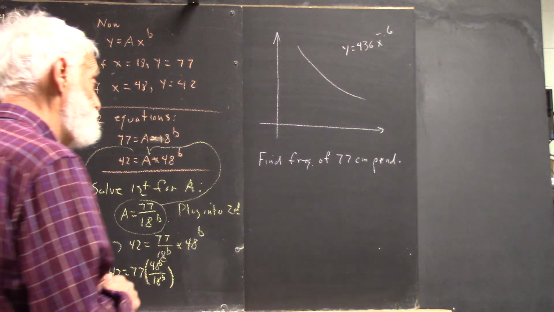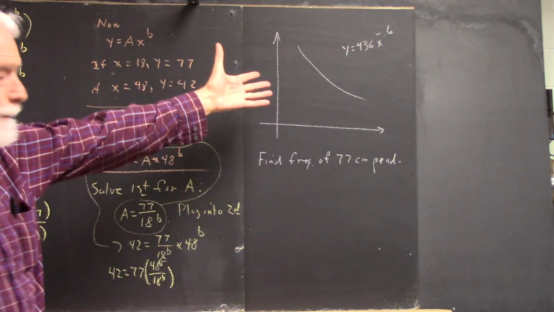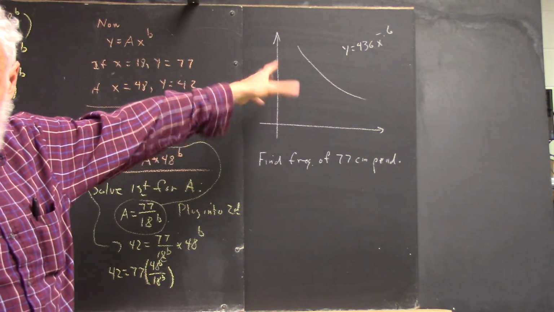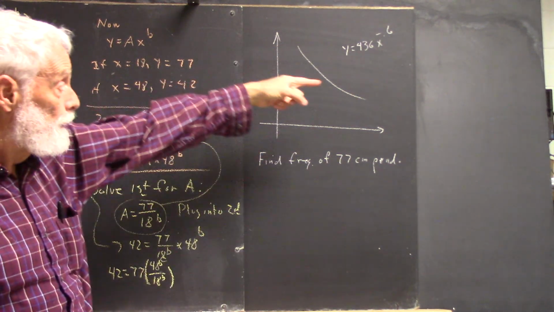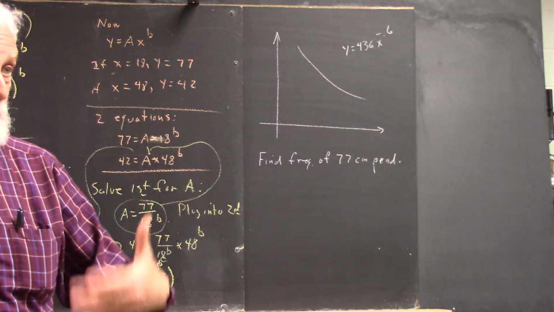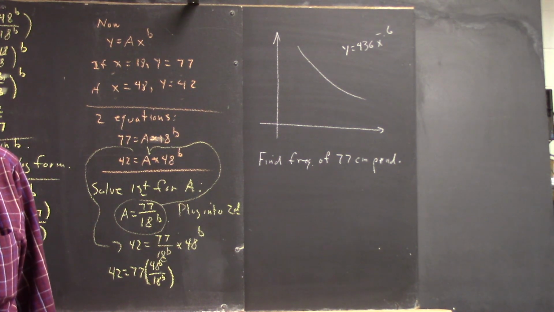Okay, well, how would we do that based on our graph? If we had an accurate graph of this function, how would we get the frequency of a 77 centimeter pendulum? Wait,